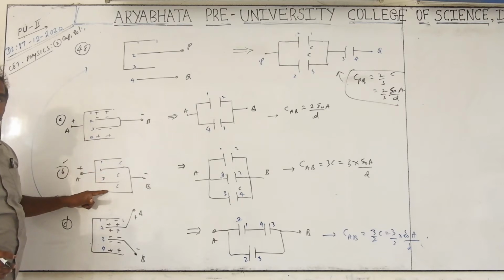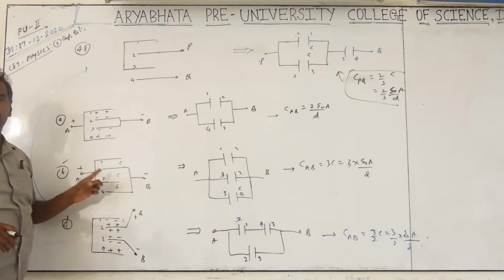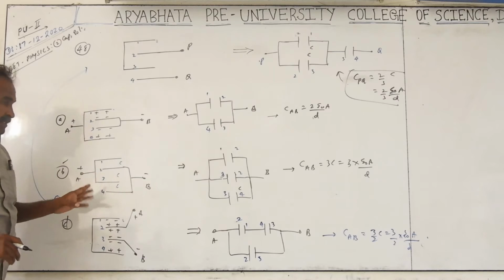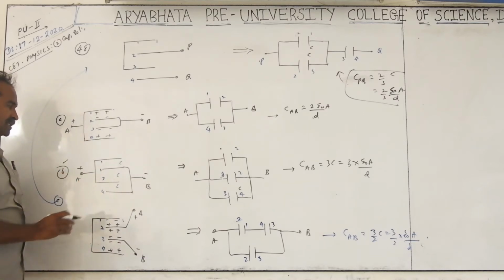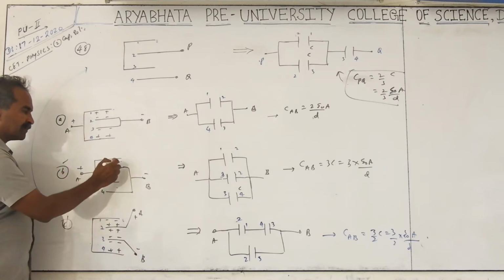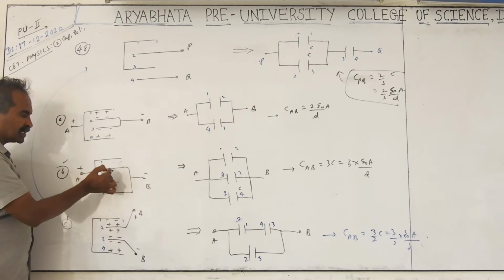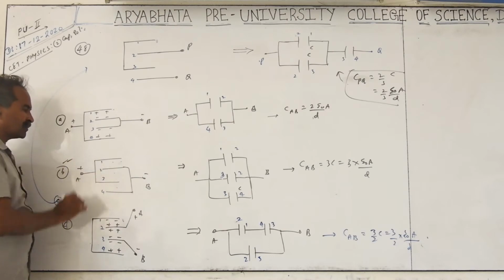If n plates are there, you take n minus one capacitors. So this is a simple case of the parallel capacitor. A multiple plate capacitor is called the gang capacitor. Each capacitance is C in this case. Then all the C's coming in parallel become equal to 3C. This is a simple case.